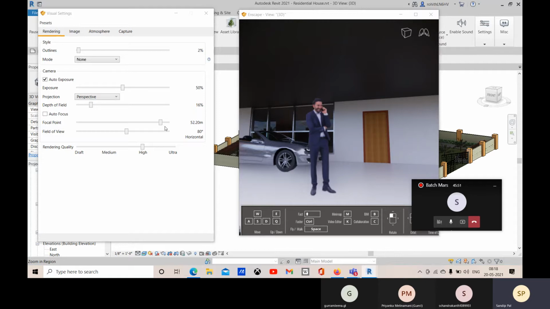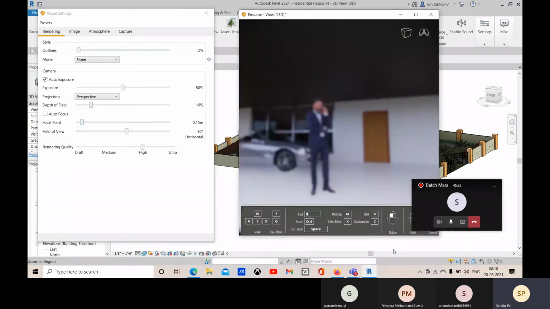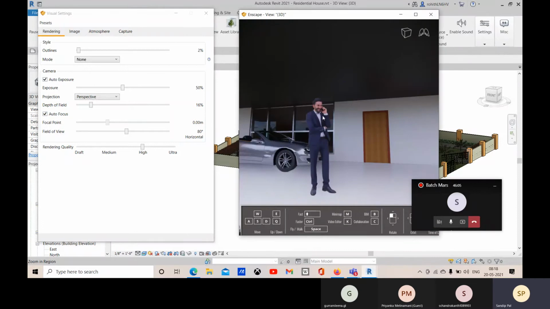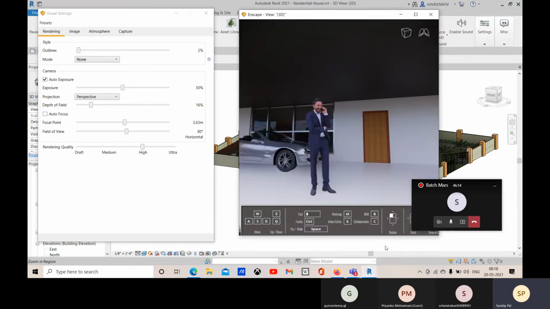And now if I change this to this here, you can see that all these objects are blurred right now. And if I click on this autofocus right now, you can see all are in focus. So we need to change that as per the requirement, where we need to focus.